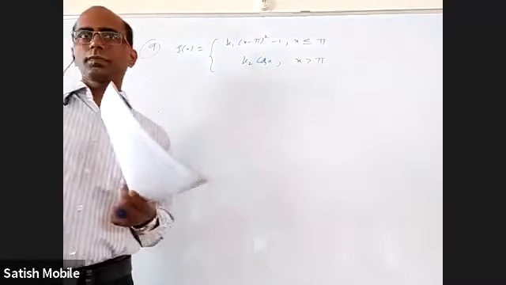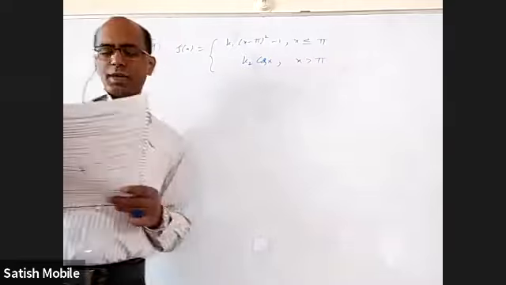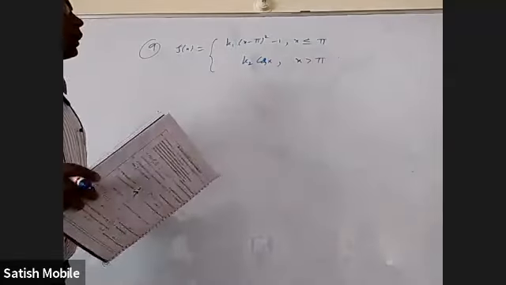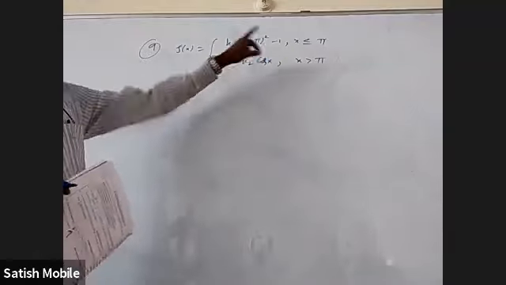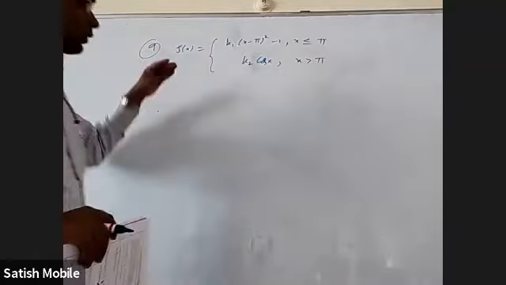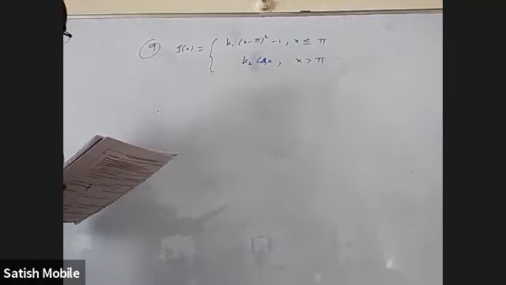If you want it to be twice differentiable, first of all it should be continuous. Then it should be differentiable one time. Then it should be differentiable twice. You can use first principle. Otherwise, I can directly differentiate this and differentiate this, and substitute the corresponding numbers. But I have to check three things: continuity, first derivative, and then second derivative.